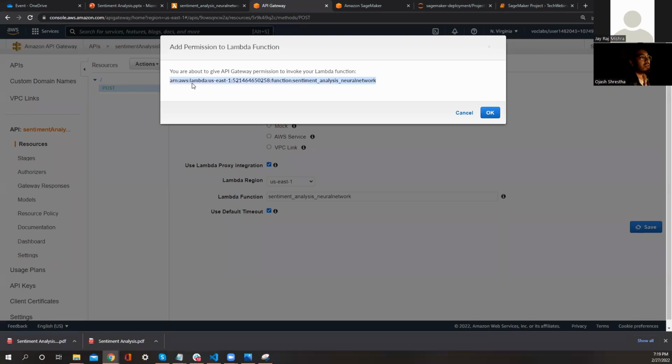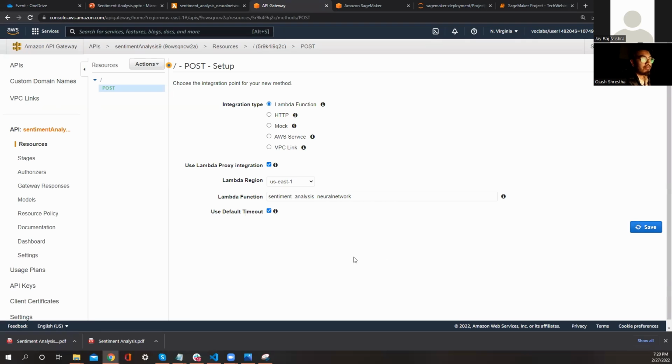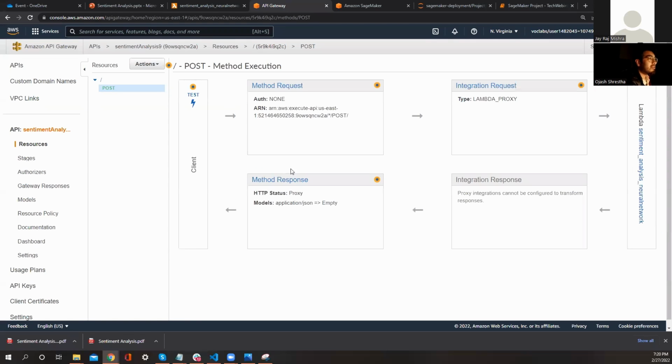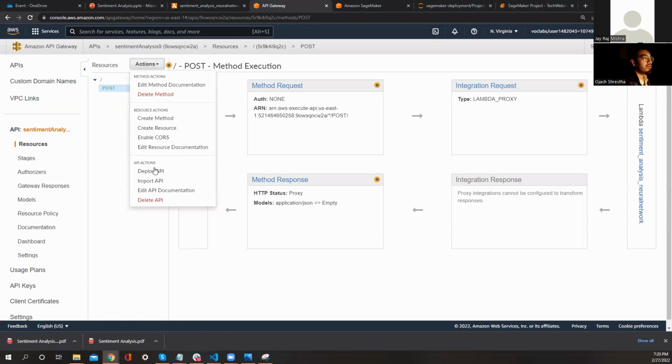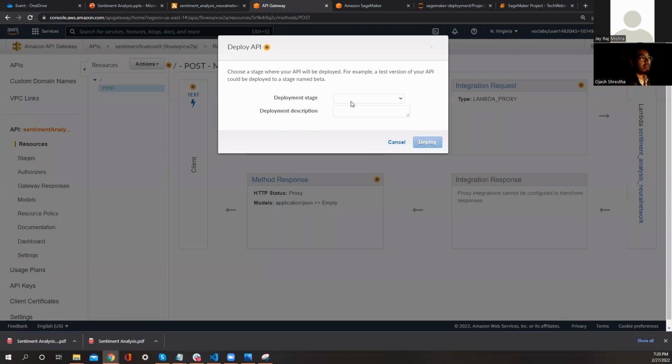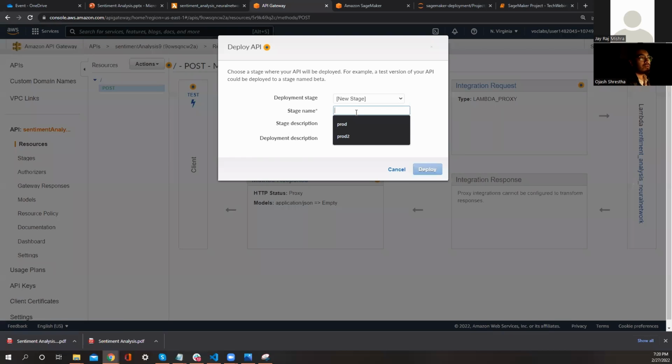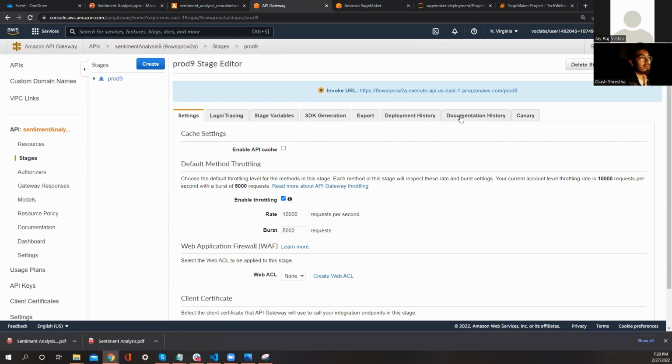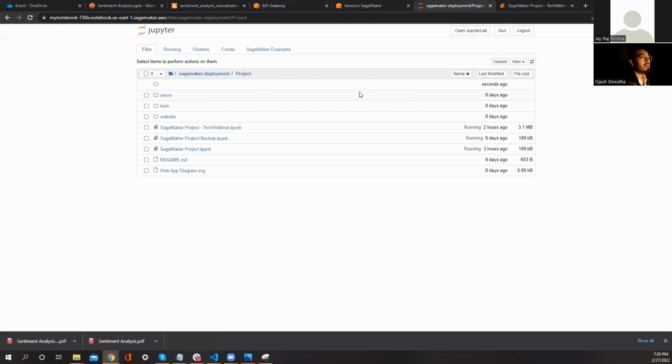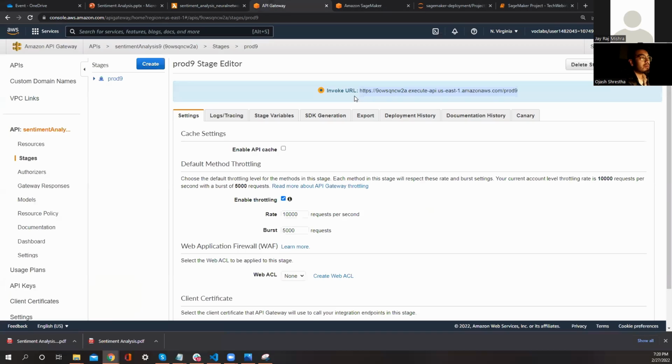So this is the API Gateway that we get. And this API Gateway, once we save it, this is what we are going to use, and we are going to deploy. And once we deploy it to, let's say, a new stage, production, we name it production, and deploy it. Now this is ready for use, right? So this is the API that we basically use in our